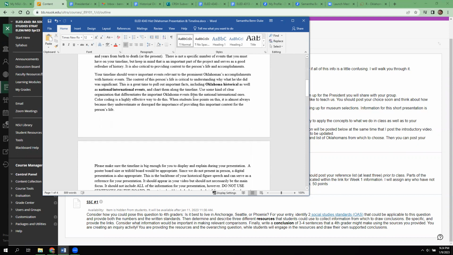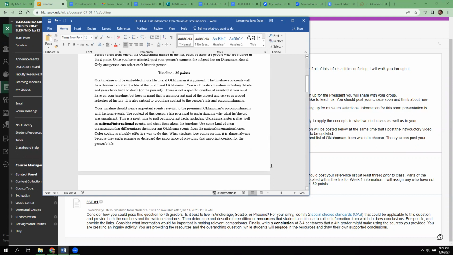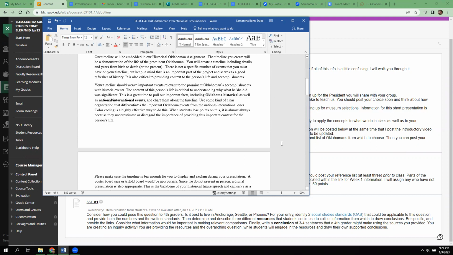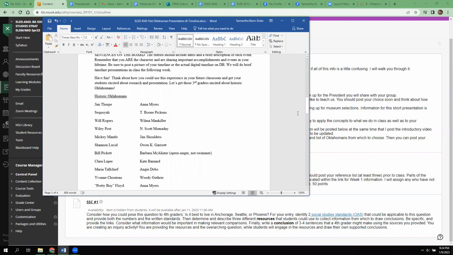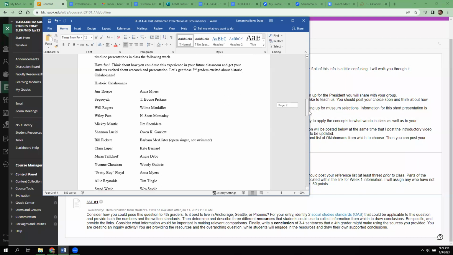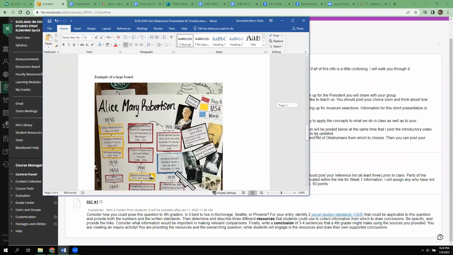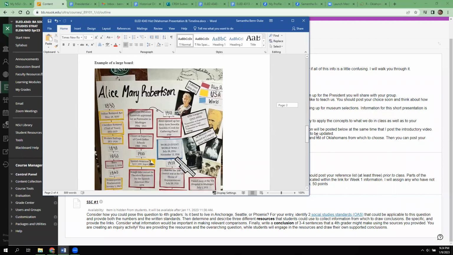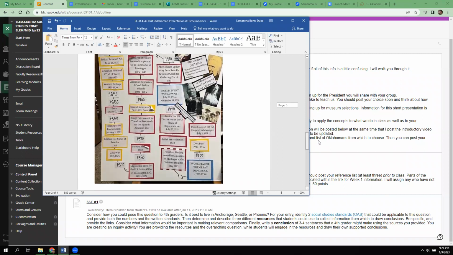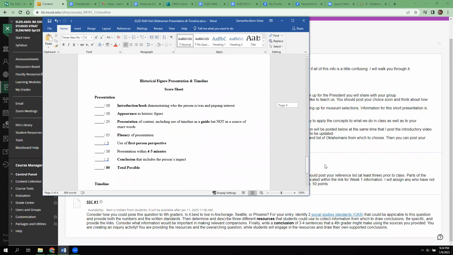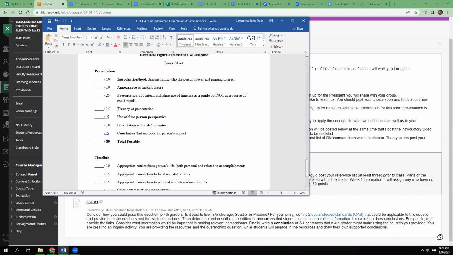Let's see, your timeline is going to be worth 25 points. And I do have a video that I can post about this presentation and the timeline. Here is a list of the Oklahomans, which we will come back to. I'll show you where you can sign up on that. Here's an example of a board that a student did in a previous semester. Is it perfect? No. Is it good? Yeah, it's pretty good. And then here is how you will be scored on these 2 pieces that go together,